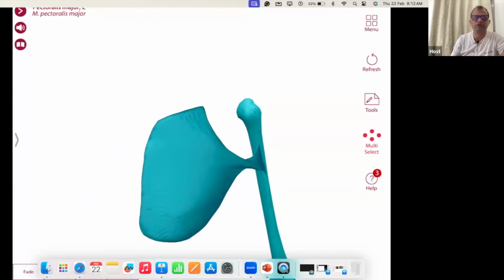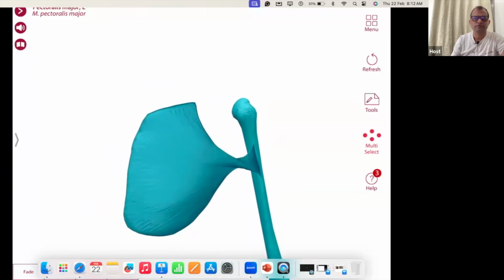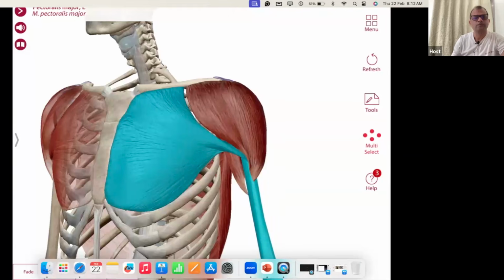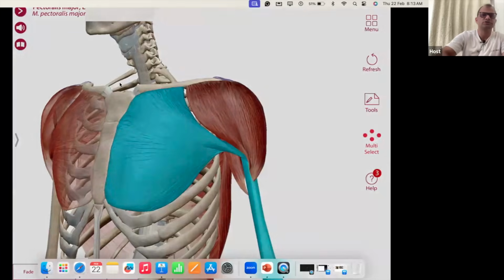So this is a chest muscle or the pectoralis major. It is also providing the stability to the shoulder joint. So we can see. So this is the chest muscle or the pectoralis major. It holds the humerus bone like this. So now you can see that's why it's not easy to dislocate. इसलिए शोल्डर का डिसलोकेशन होना कोई इतना आसान नहीं है. इतने सारे स्ट्रक्चर पकड़े हुए हैं. Pectoralis major